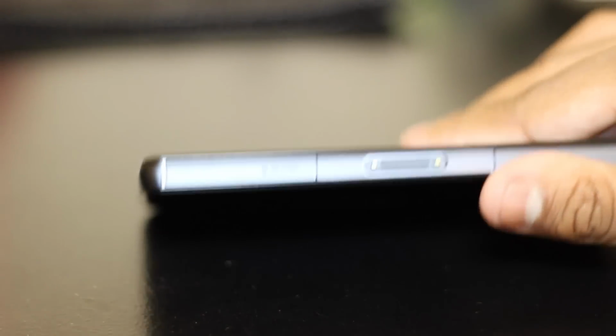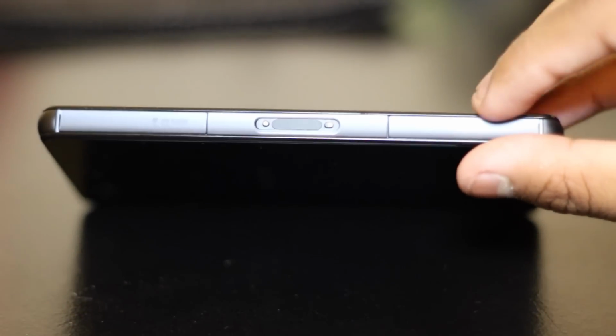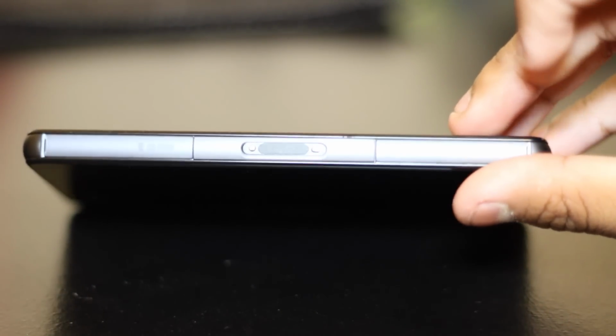You can turn to the other side. Here you have your micro SD point, and here you have your USB point with the SIM card. Going to the top, you have your headphone jack, which is just standard right here, and that's nothing special. At the bottom you also have nothing special. So let's actually get into the phone. So I'm just going to turn this on, so let's do this,